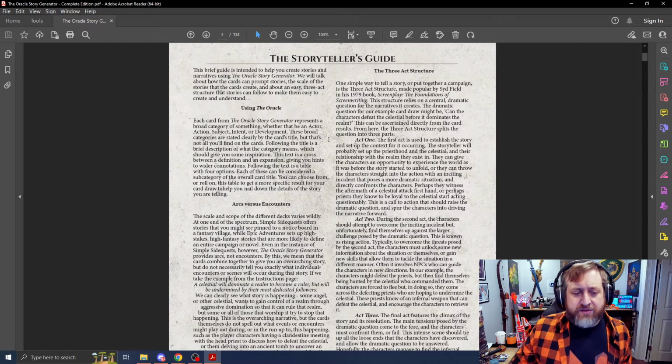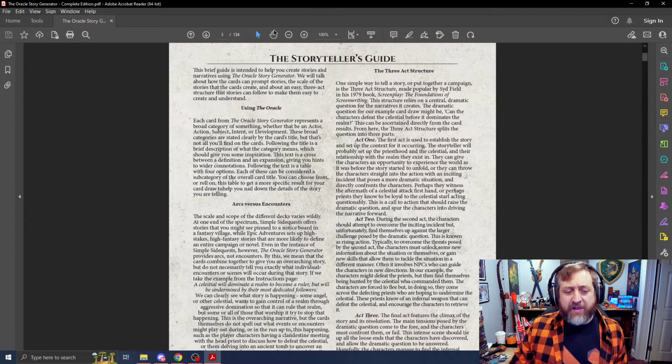These broad categories are stated clearly by the card's title, but that's not all you'll find on the cards. Following the title is a brief description of what the category means, which should give you some inspiration. The text is a cross between a definition and an expansion, giving you hints to wider connotations. Following the text is a table with 4 options. Each of those can be considered a subcategory of the overall card title you can choose from to roll on,